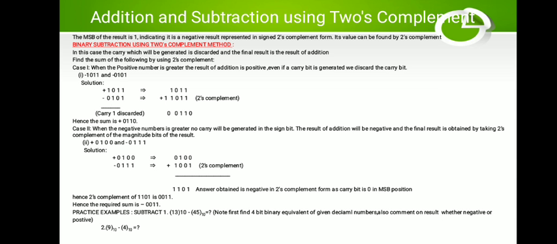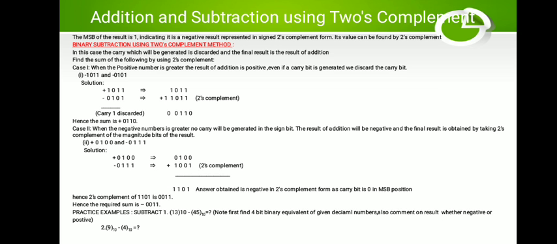Whenever you solve by the 2's complement method, as we have seen even in the 1's complement. And one more type of problem: when we are subtracting a greater number from a smaller number, what should we do? Again take the 2's complement of the second number. If no carry is generated, it automatically means it is a negative number, but whatever result we get will not be the direct answer, it will not be in true form. What do we have to do to bring it into true form? We have to take the 2's complement of the result again.